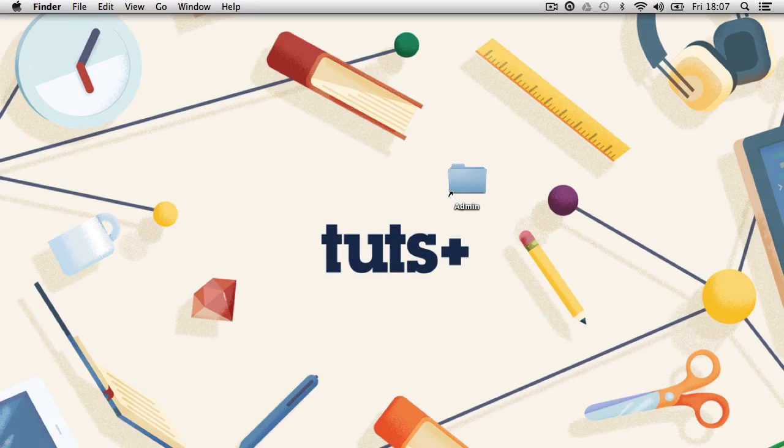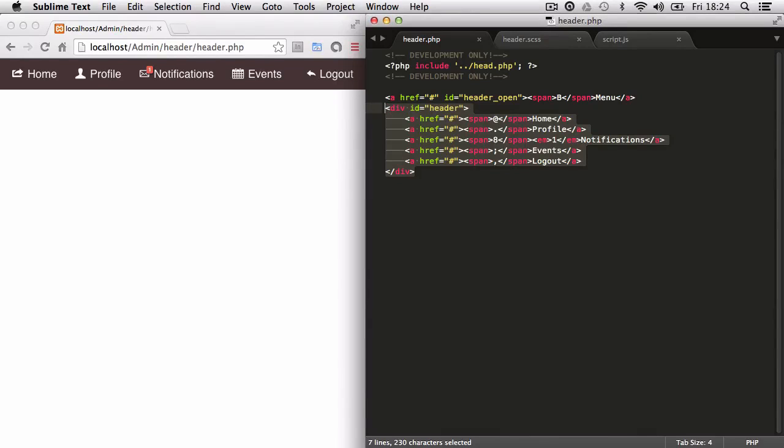Alright, and welcome to this lesson where we're going to continue developing the header. So we've now styled up the full-sized header, but what about making this mobile responsive for low resolution devices? Well, don't forget we have this anchor that is going to open and close this div element. And so what I want to do now is just focus on styling the header and then worry about this